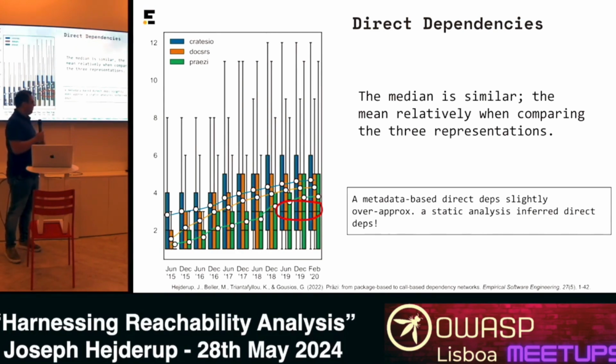So if you're counting the number of dependencies, or using tooling where you don't really do prioritization per se, and you know there is a vulnerability in a direct dependency, and you're not necessarily using fancy call-based analysis, most likely it is the case that it's a vulnerability. But the situation